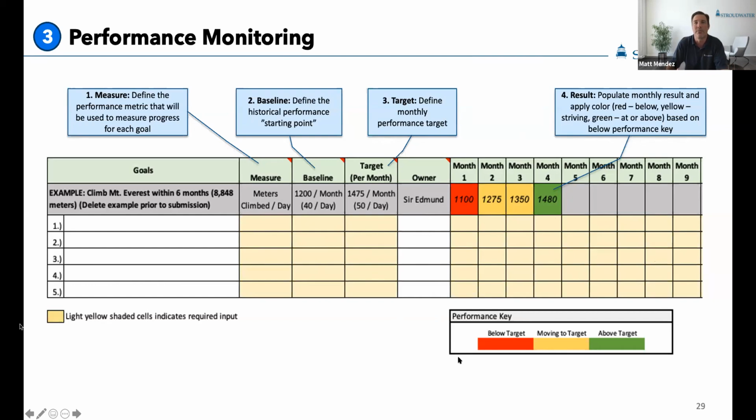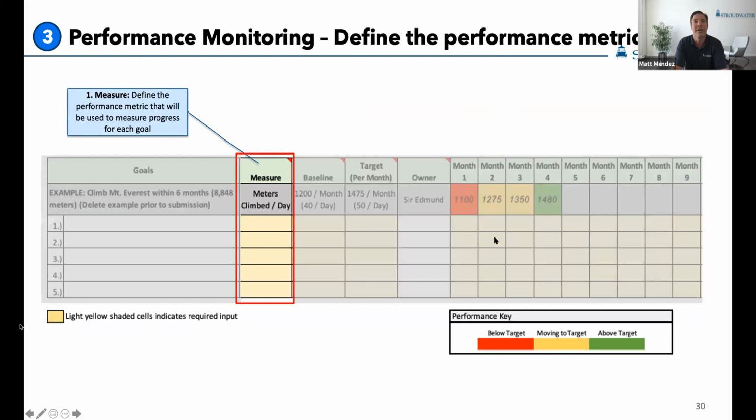So red is below target, yellow is moving towards target, and green is above target. And so you can just simply drop that right into the fields. And so again, the first thing you would do as you're walking through your dashboard tab, which I believe is the blue tab, you're going to choose your measure for your particular action item,